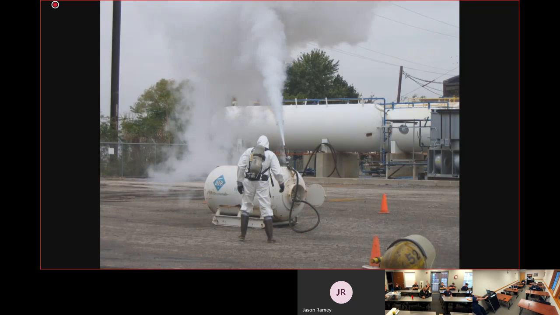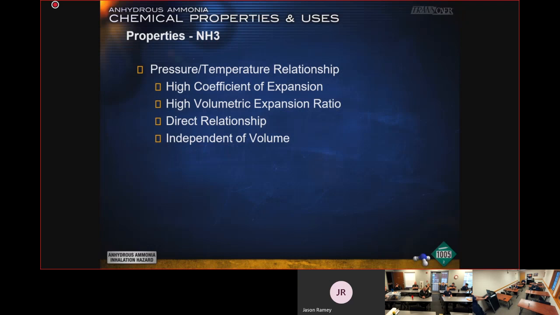Okay. Again, here's some photos. I don't know. There's a lot of pictures with no explanations throughout this program, so I just make it up. So anyway, again, some of the properties, all right, it has very much a pressure and temperature relationship. So the hotter it gets, the more the pressure will adjust. And again, with that low boiling point, if we have a tank that's dropped off in a field with the intention of using the next day, what happens to it as it sits in the sun? Expands. Right, it heats up, that low boiling point causes it to expand, it'll condensate, and eventually you might have